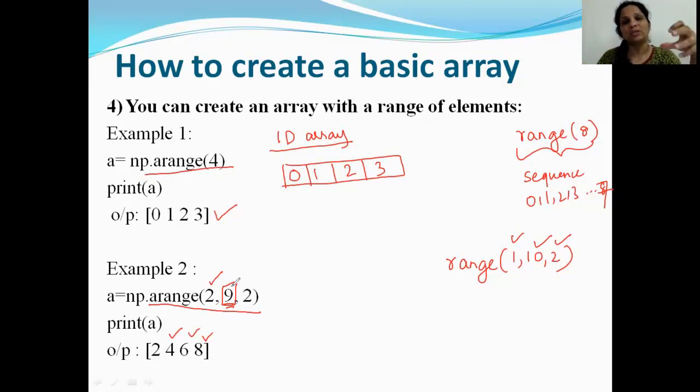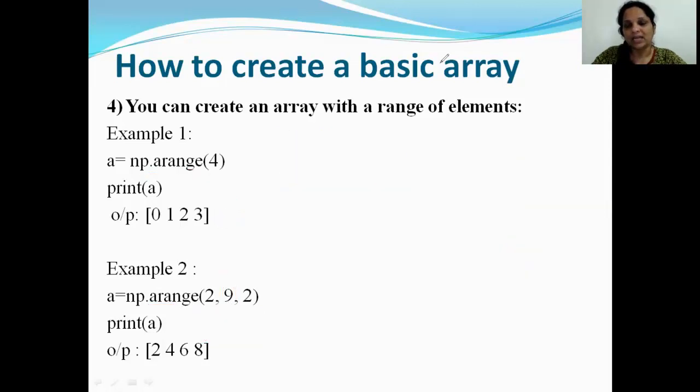So the arange function, basically, when do we use it? If you want a particular range of values as the elements of an array, we can make use of the arange function. So use the array function when you want to put whatever values in it. Use zeros if you want all zeros. Use ones if you want all ones. Use arange if you want a range of values. It could be continuous elements or skip counted elements. It could be skip counting by 3 or whatever. Clear? Okay.